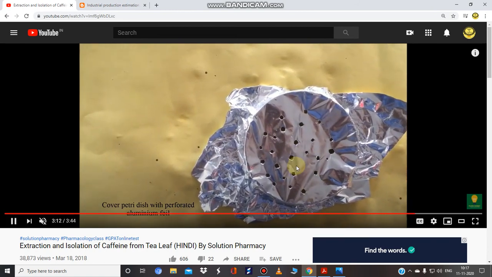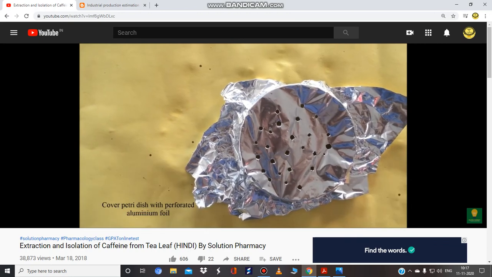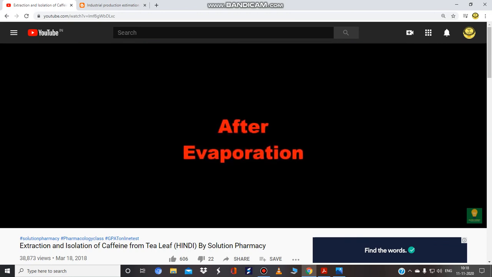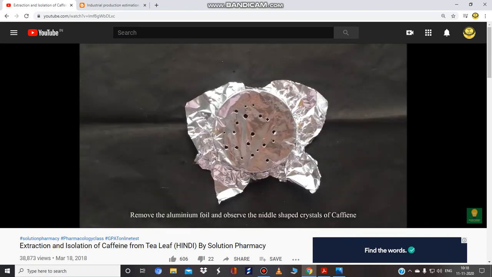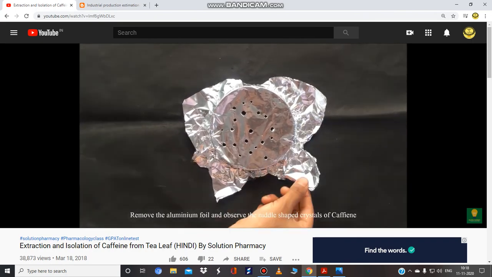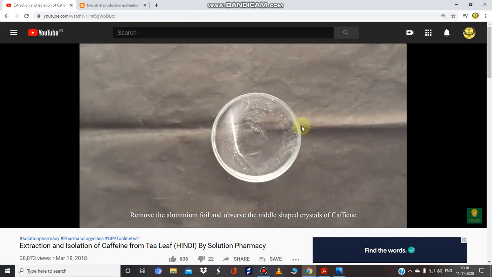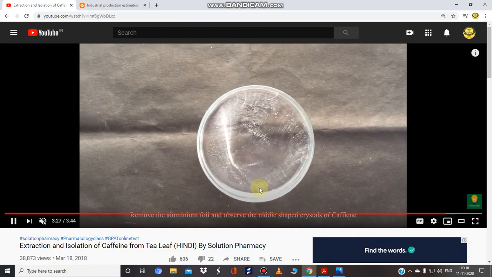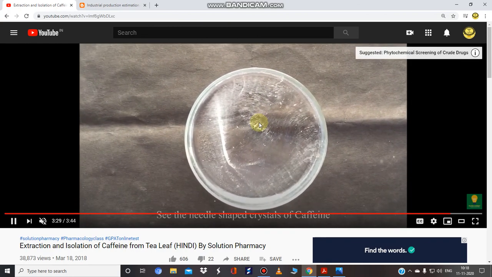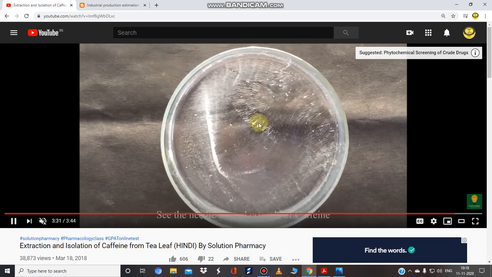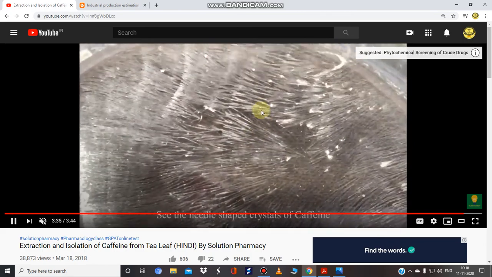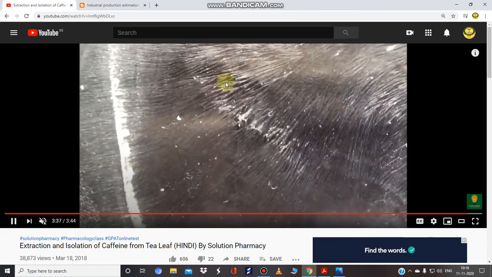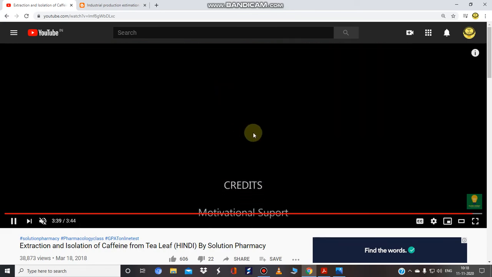Next day when you come to your lab, or after 3 to 4 hours, the chloroform or dichloromethane will have evaporated, and you will see needle-shaped crystals of caffeine. In this way you can go for the isolation or industrial production of caffeine. You can also purify it using a crystallization or recrystallization step.